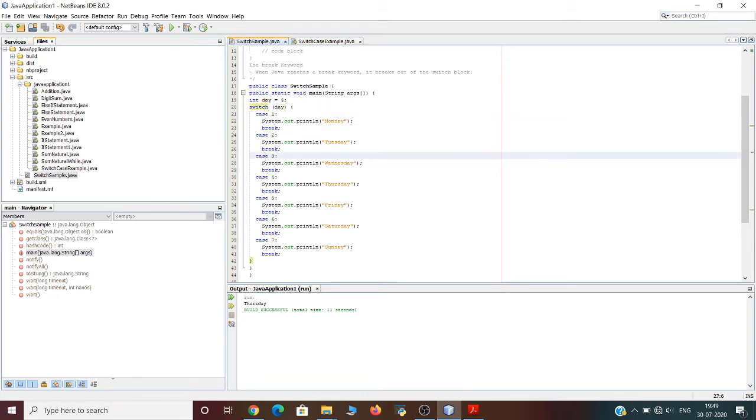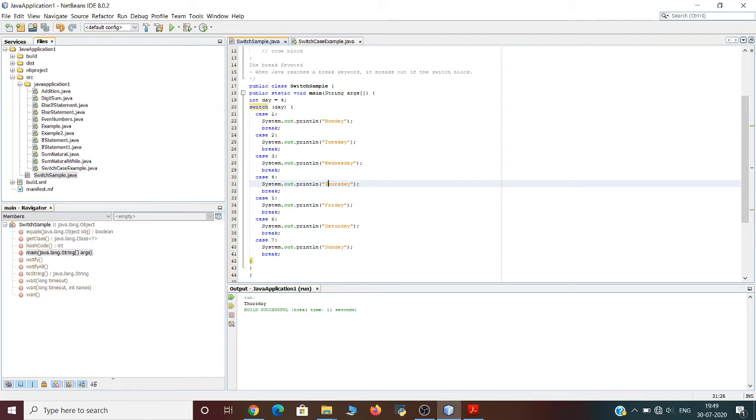As we can see, there is a case with that particular value 4. As I said earlier, if there is a match, the associated block of code will get executed. Since we have found the case having a matching value, that is 4, the block immediately within that case will get executed. Inside this case, we have a block of code where a statement called Thursday is to be printed. Therefore the output of the program will be printed as Thursday.